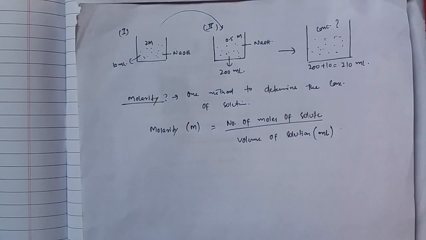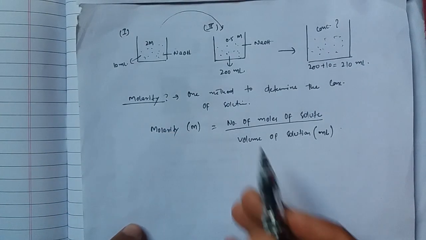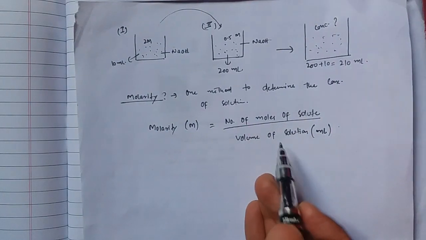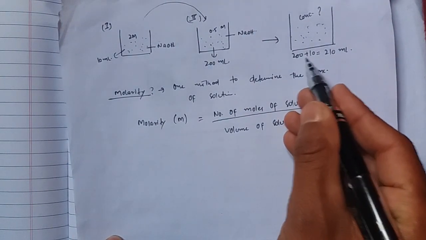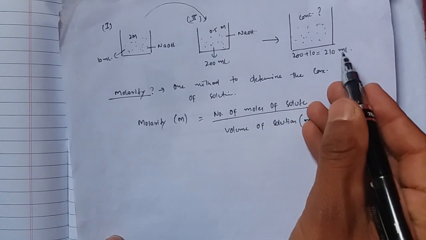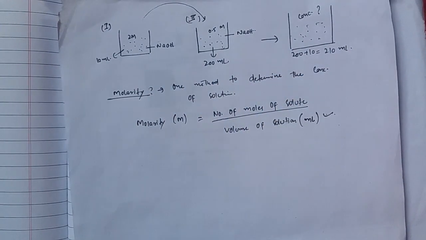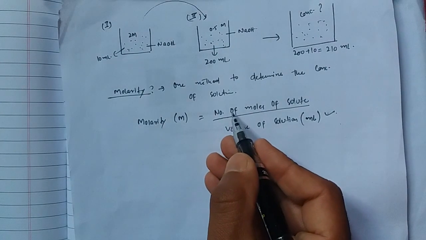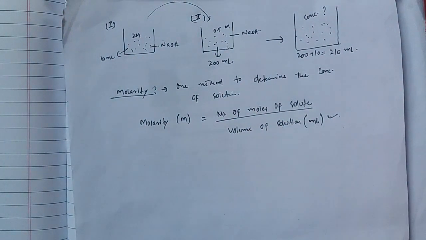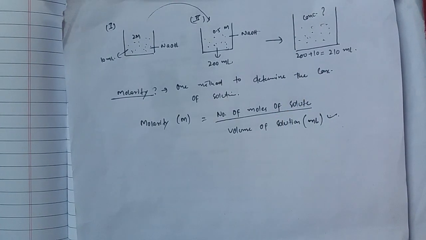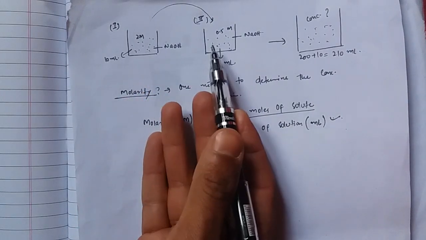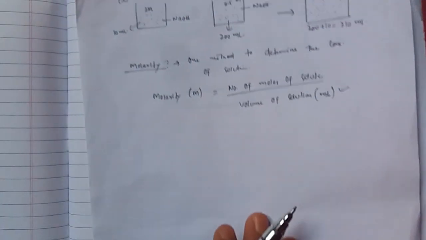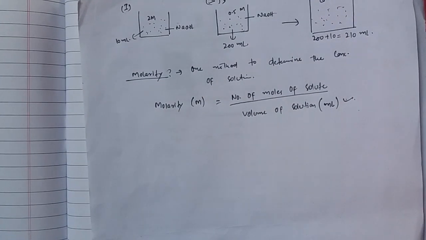So in order to determine the concentration or molarity of the solution, we are in the need of two different things. That is, first is number of moles and second is the volume of solution. This one we know, that is the volume of solution. We know that it is the 210 ml, that is first solution plus second will be the final volume of the solution. What we need is actually this number of moles of solute. We do not know what is the actual number of moles of solute in this solution. This we will determine from the first two solutions, that is solution number first and solution number second, by using the same formula, because in that we are knowing the molarity, we are knowing the concentration.